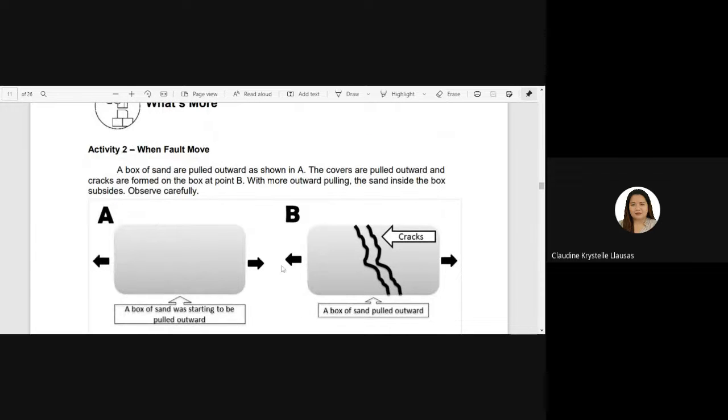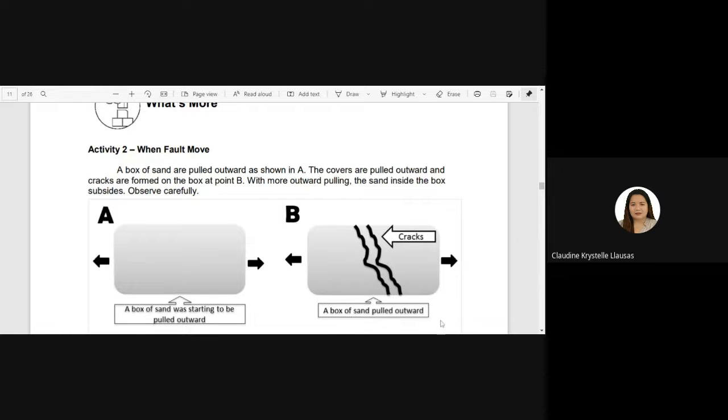A box of sand is pulled outward shown in A. So nagbutang ka og muning box na ay bala sa sulod ana. Imong sansan, imong gisansan sa box ang bala. So eventually ingon ani ang itsura smooth. Okay? So the covers are pulled outward and cracks are formed. Kumatang, di ba? Kabantay ka, kung imong tandugon ang balas nga na imong gisansan or kuan na agad siya liki. So, yung nanin yung nahitabo sa letter B.